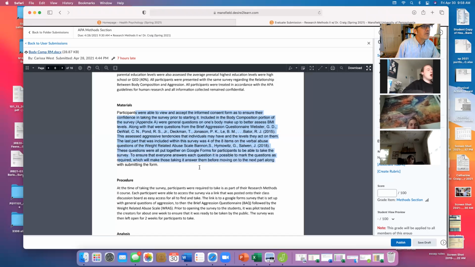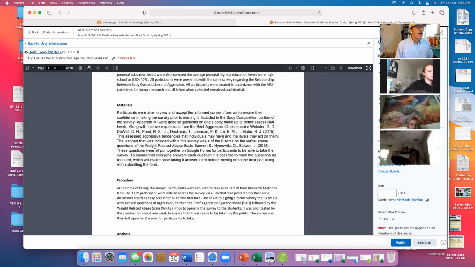These questions are put onto Google Forms. Okay, what the material, so what I'm seeing is a little bit of procedure in your materials, right? The how to instead of the what. Material section is all what. Procedure section is all how. Okay, so if you need to put what and how next to that to keep that straight, then do